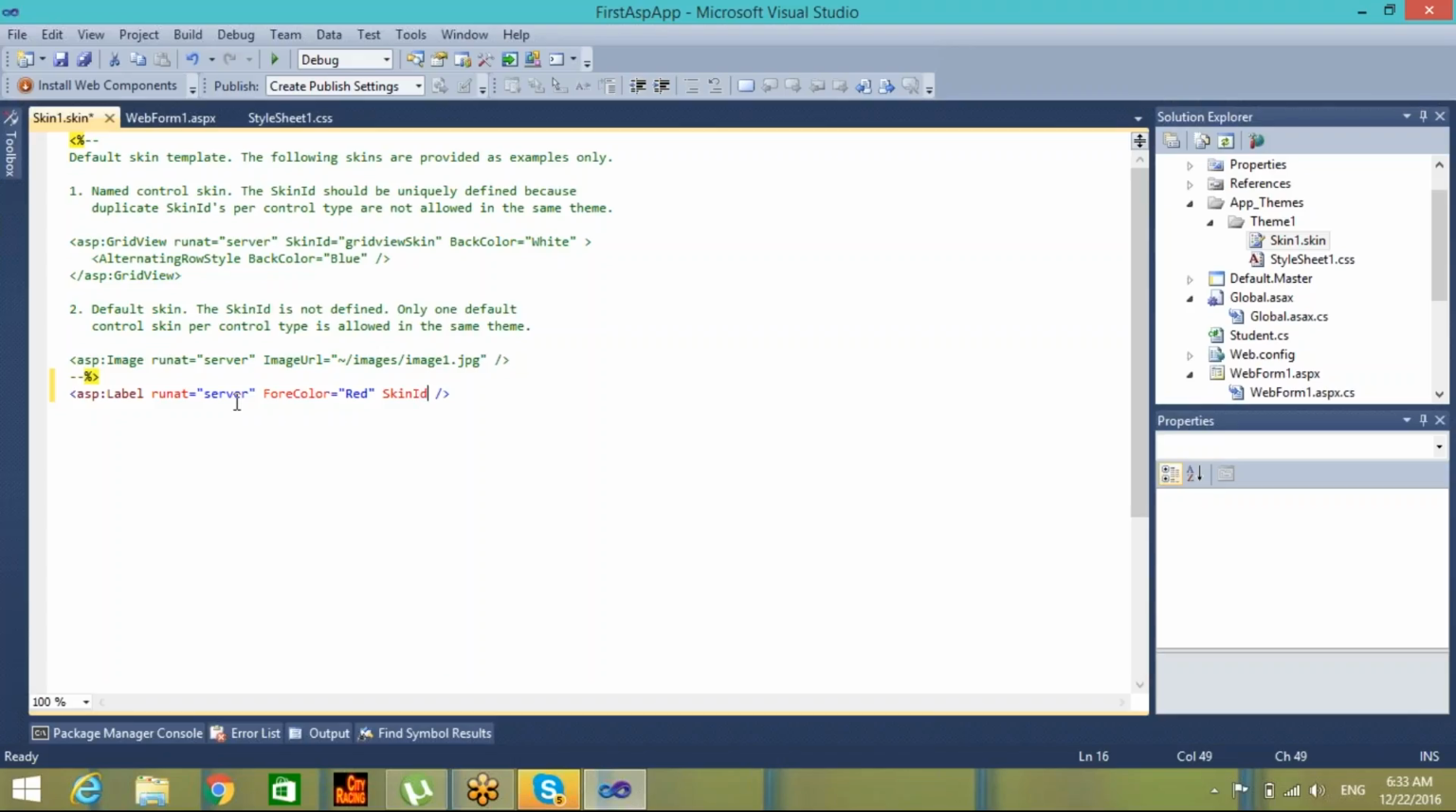So I'll say LBL red. Okay, so that property I have set. What I did in this case, I have created a skin file. Under the skin file, I have created a label control skin where I'm saying its ForeColor is red, and